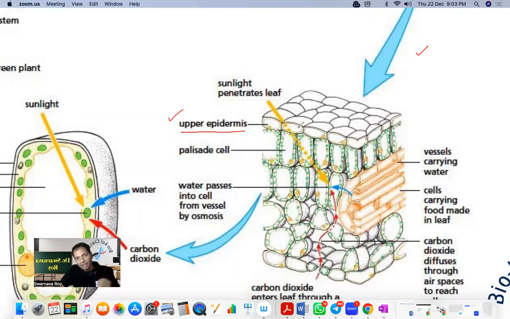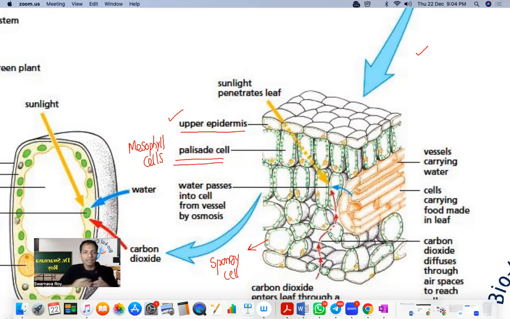Now, beneath the upper epidermis, we have these cells which are called the mesophyll cells. So you see we have these elongated cells, and we have the round cells. So these elongated ones are called the palisade cells. They're all mesophyll cells, both the palisade and the spongy cells. They are a type of parenchyma. Parenchyma is a permanent tissue in plants,